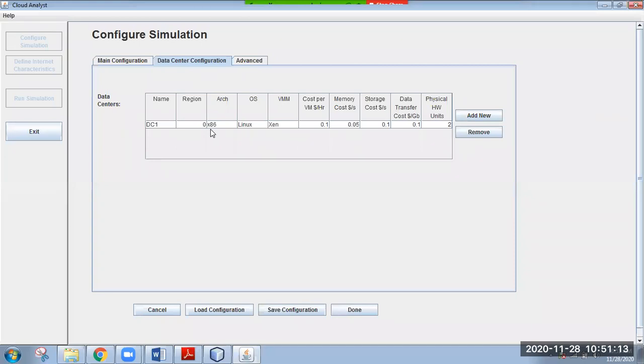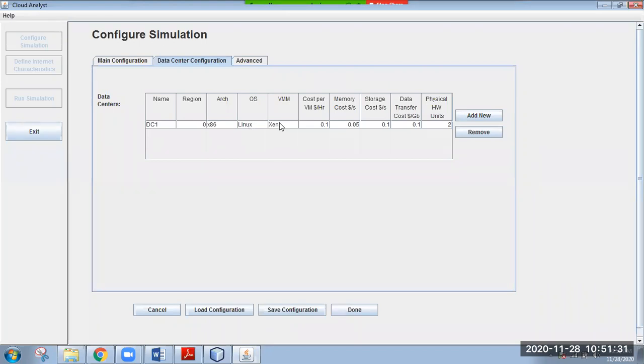It may be x86 architecture or x64 architecture. And a data center may have a host operating system like Linux, Macintosh, or Windows.